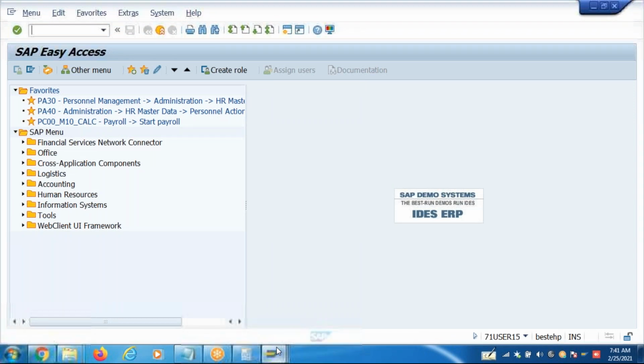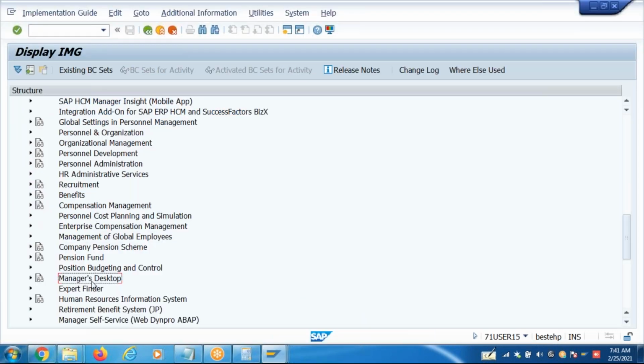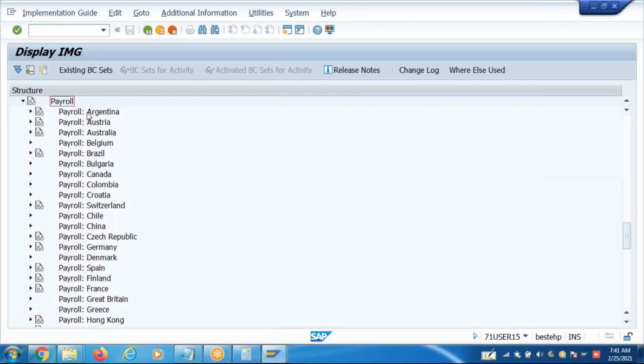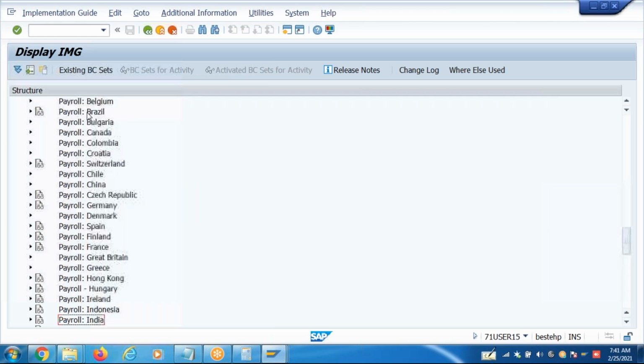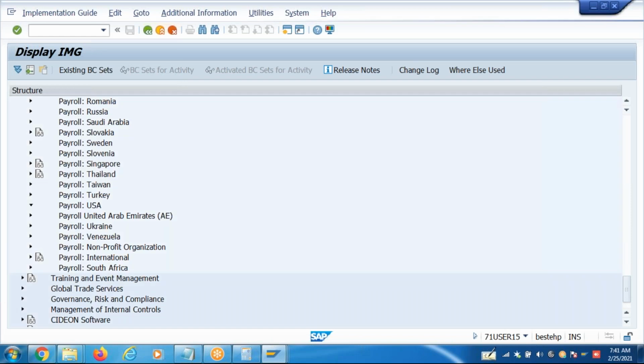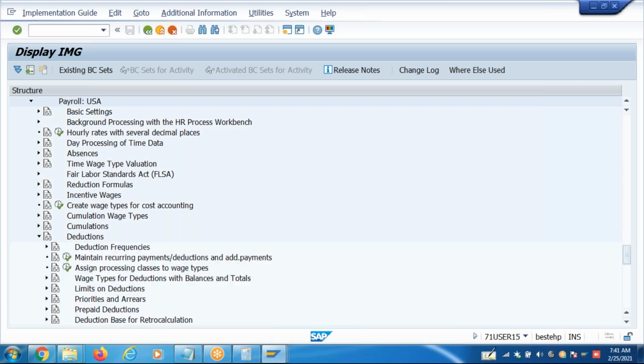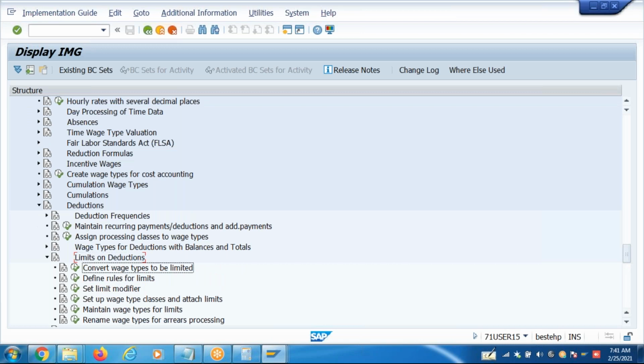So go to payroll USA. Deductions, limits and deductions. Okay, define a rule for limits. So what is this rule for limits?